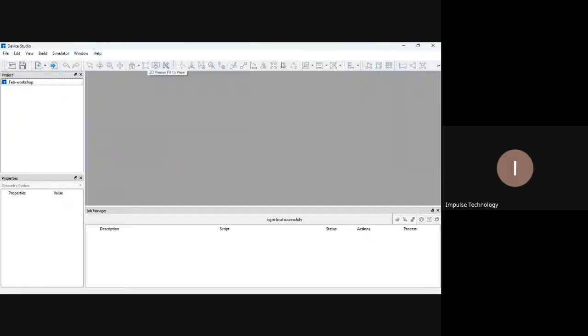Let's first import any material file. Go to the file option. Here you can see new project. You can click on new project, open your existing project, and save your project. At the import option, you can see import local and import online options. If I click on import local,